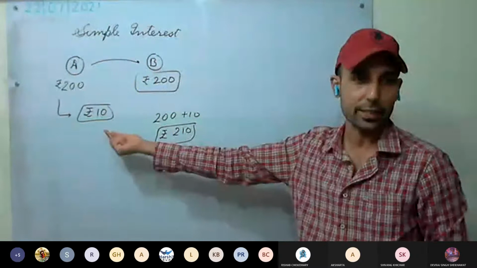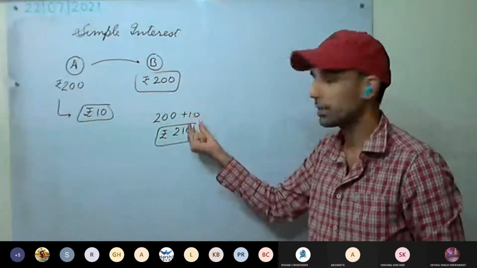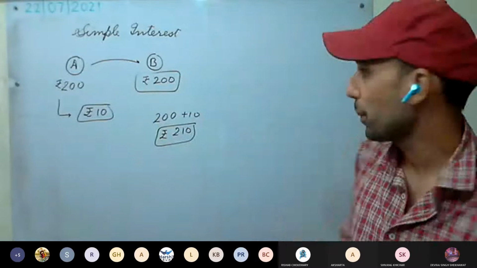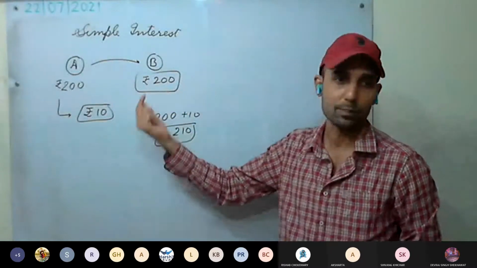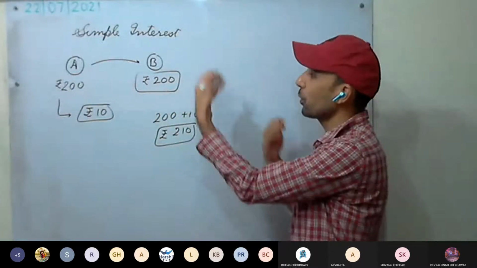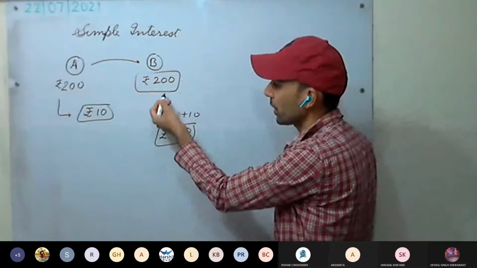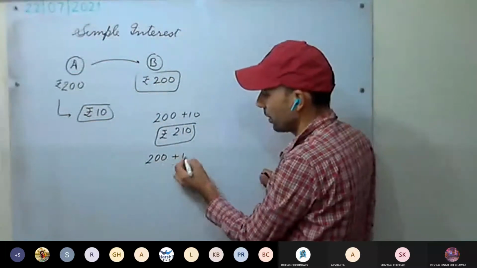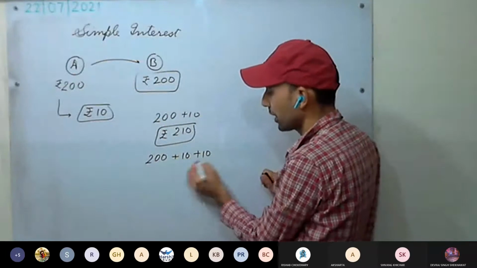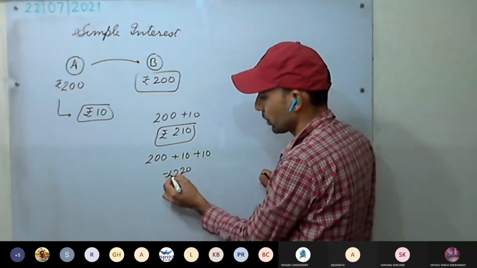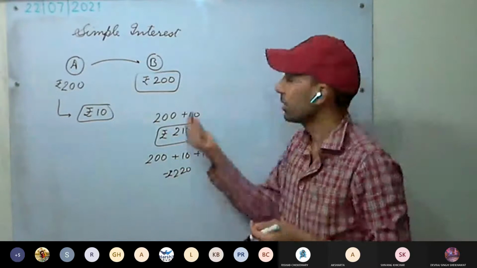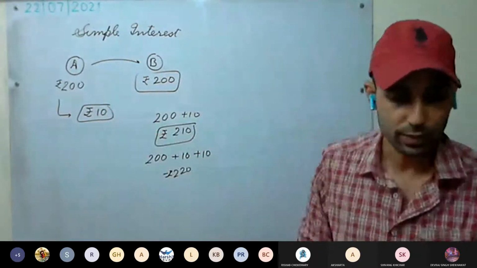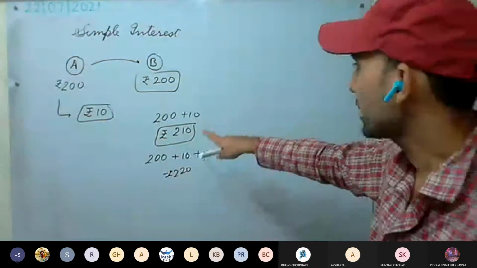10 rupees extra he has to pay. So what is this 10 rupees extra? It's interest, the extra money that has to be paid for using this money. Or, if B keeps the money for one more year and pays after 2 years, then for 1 year 10 rupees, another year 10 rupees, total 220 rupees. So each year the money increases by 10 rupees. This 10 rupees is interest.